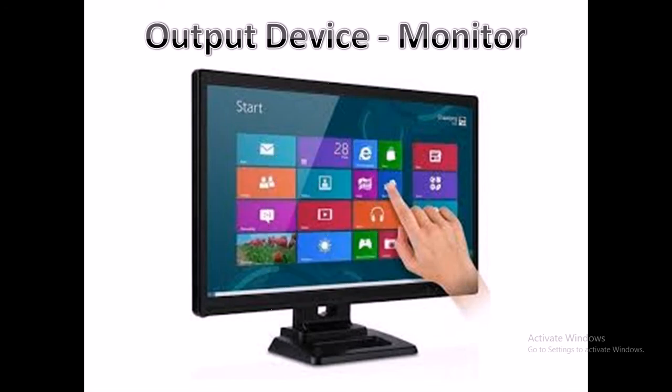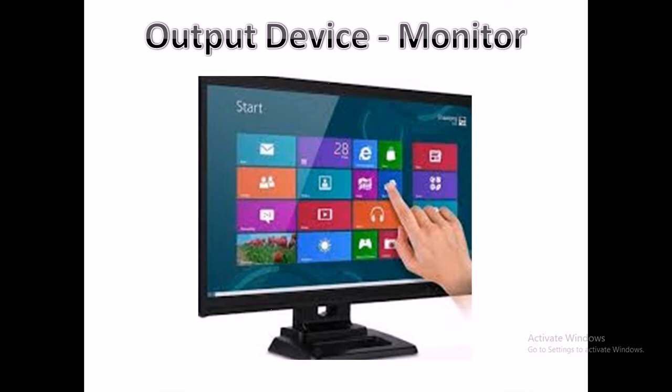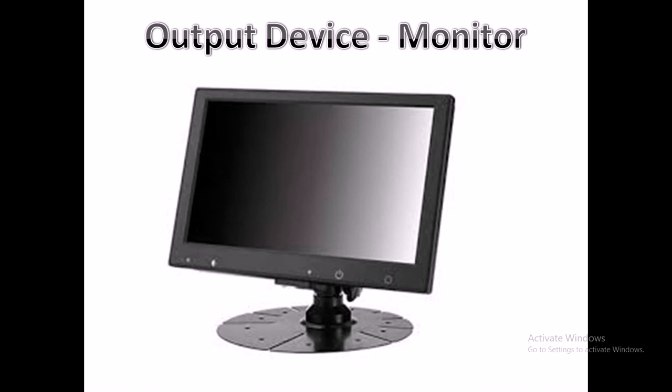The monitor screen displays whatever you are currently typing. Nowadays different kinds of monitors are also available. The monitor can be folded. The touchable or touch screen technology monitors are also available nowadays in the market. So you can have a latest monitor at your home or at your office as per your requirement.